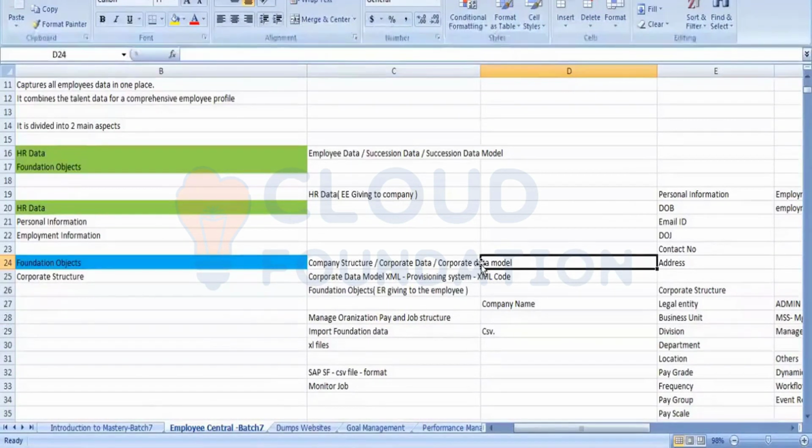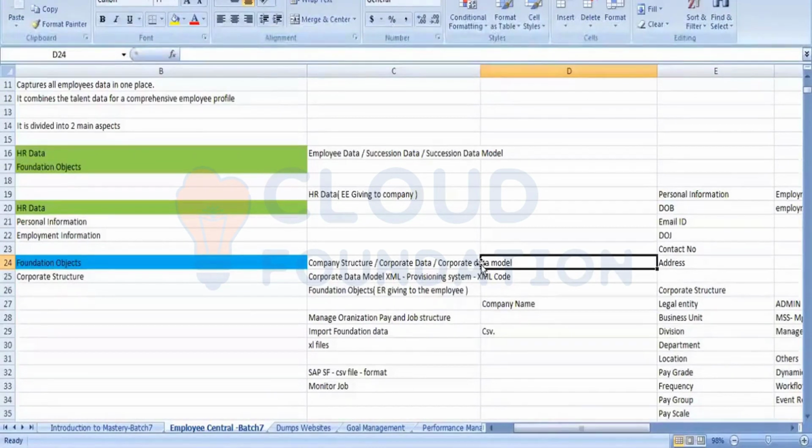Whatever object and field we have configured in the data model will be reflected in the front end, that is, in the instance system. The reason is that the instance and provisioning are both synchronized and connected to each other.